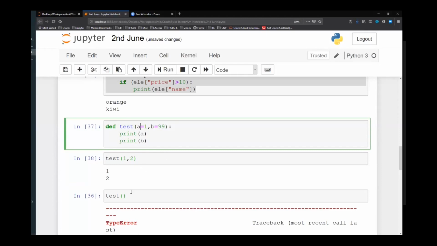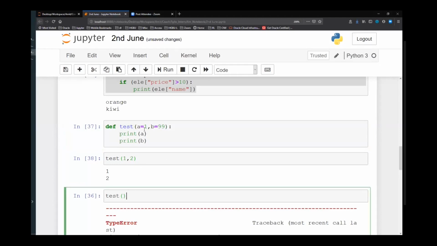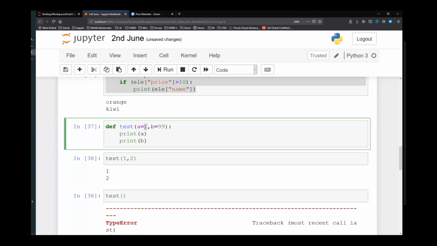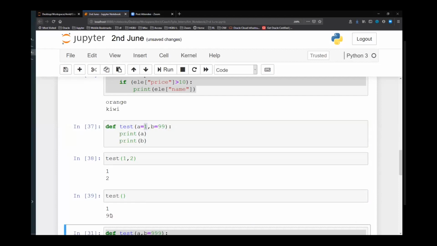But if I'm not passing any values, then whatever default values are set, when the values are not passed by the user, pick the default values. So what is the default value for A? It is 1. What is the default value for B? It's 99. So pick the default values if the user has not specified the values in the parameters. Now if I run this, this will still work picking the default values. So this is how default parameters work in functions.